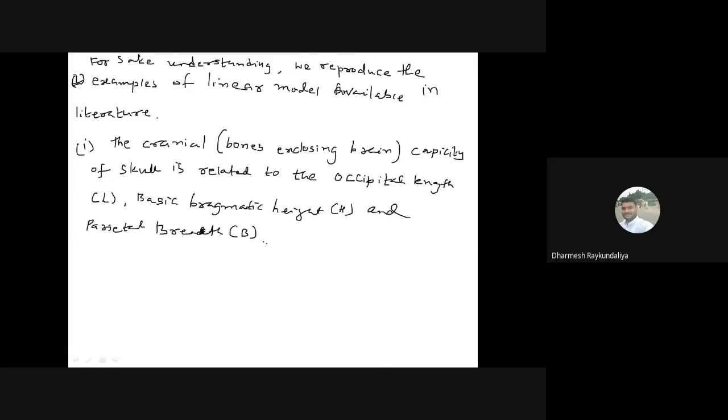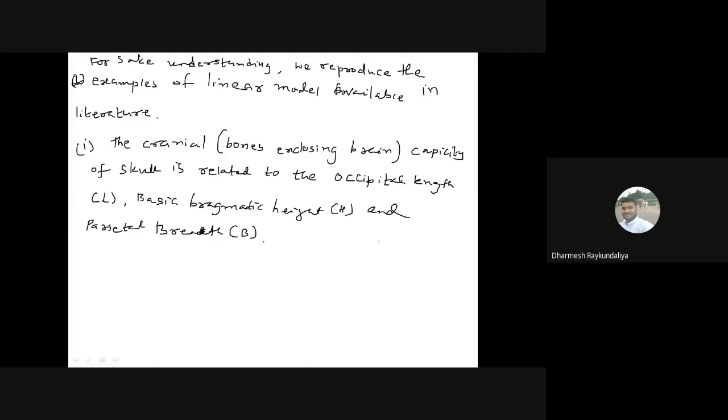Can we do like that? No, sir. We can't. So as a statistician, we have to help them. What are the factors which are really responsible to indirectly measure the cranial capacity of a skull? So the doctor said that yes, you can measure it indirectly by using three variables: occipital length, brachiobregmatic height, and the parietal breadth. So by using this, we try to estimate the average capacity of a skull, cranial capacity of